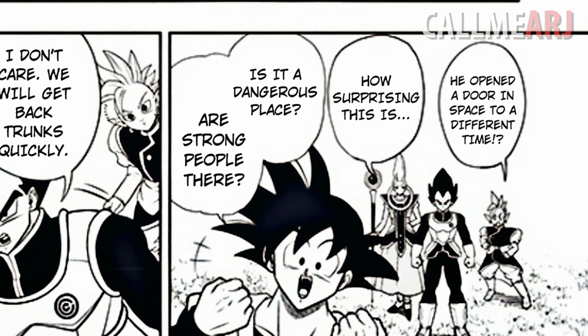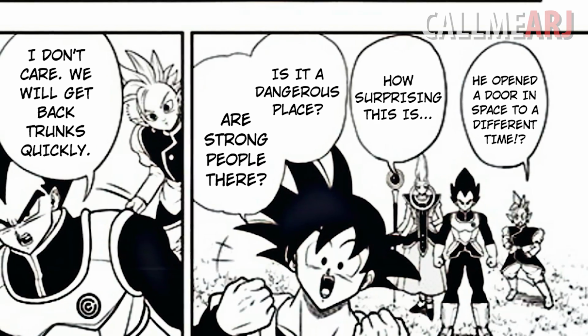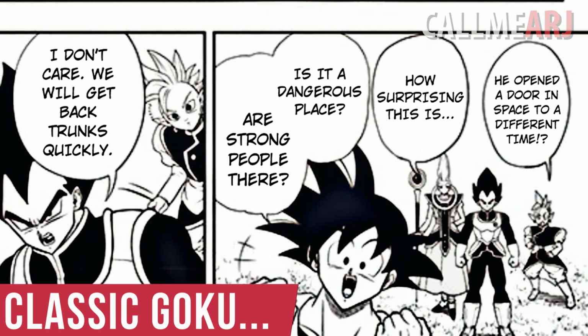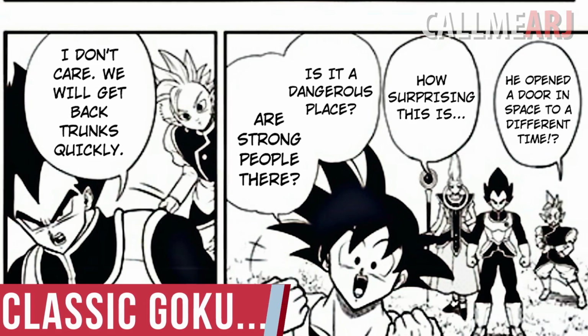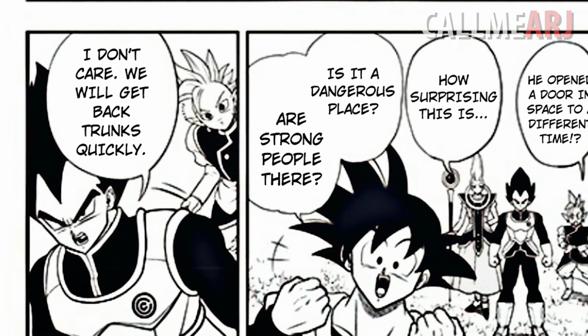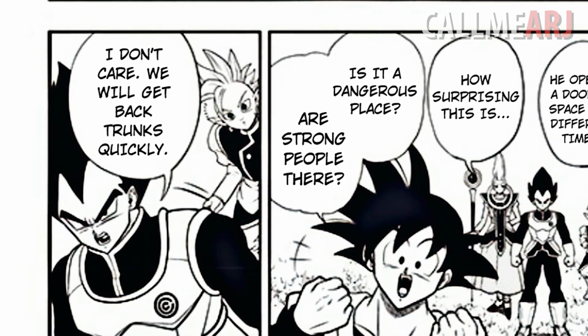certain Trunks is there, encouraging everyone to hurry up and rescue him. Supreme Kai is shocked at his abilities, while Whis again keeps his suspicions, citing how interesting this is, while Son Goku in typical style just asks about how dangerous it is and if anyone is strong there, with that lovable happy face. Vegeta though brings it back to serious and says, "I don't care, we will get Trunks back now